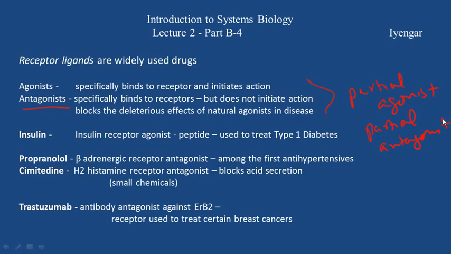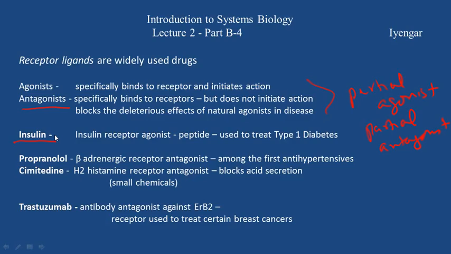So these receptors can come in many classes, and common drugs that are receptor ligands, the best known of these are insulin that binds to the insulin receptor, which is an agonist drug used to treat type 1 diabetes. There are, of course, very famous antagonist drugs, such as propranolol, which is an antagonist for the beta-adrenergic receptor, was among the first antihypertensives to be developed to lower blood pressure, and for the development of propranolol, Jim Black shared a Nobel Prize